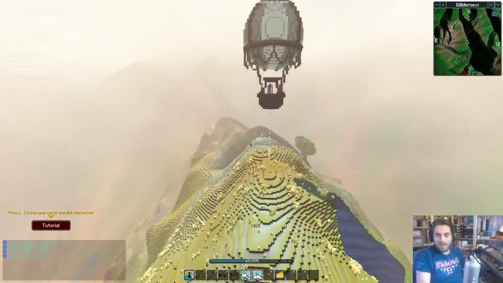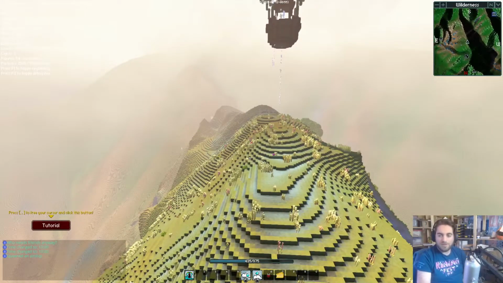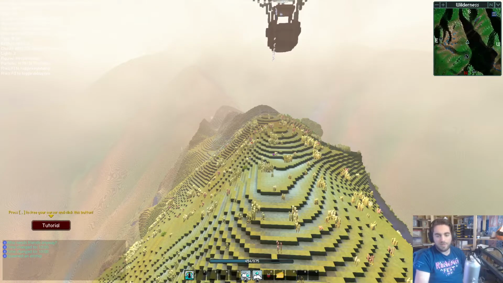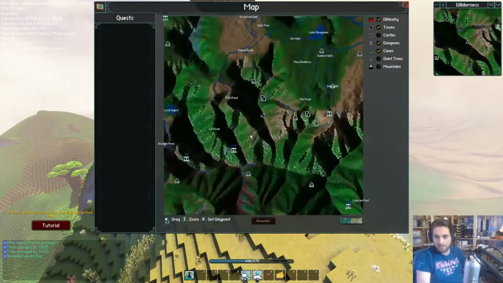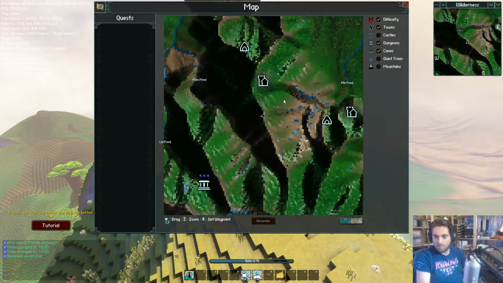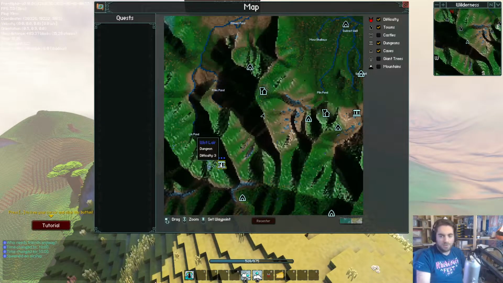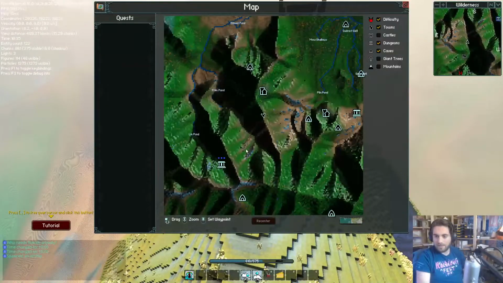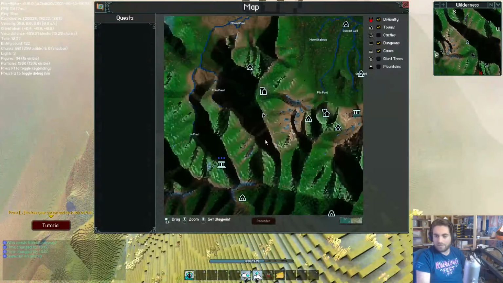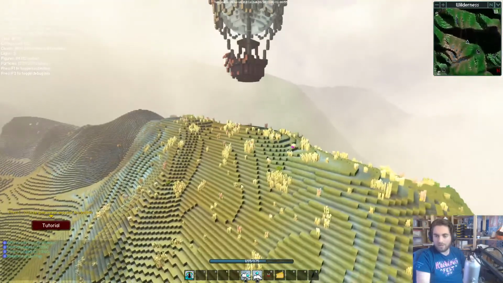And then also, I think one of the other big things from this release is that with the dungeons, there's been a lot more added to them in terms of content and scalability. If I go to the map and zoom in on one of these dungeons, this is a level 3 dungeon, so you can expect it to be quite a bit more difficult. And if I'm not mistaken, we have had some boss changes to the dungeons, so I think there's some pretty cool stuff there. Let me see if I can navigate myself to that one. We can take a quick look.